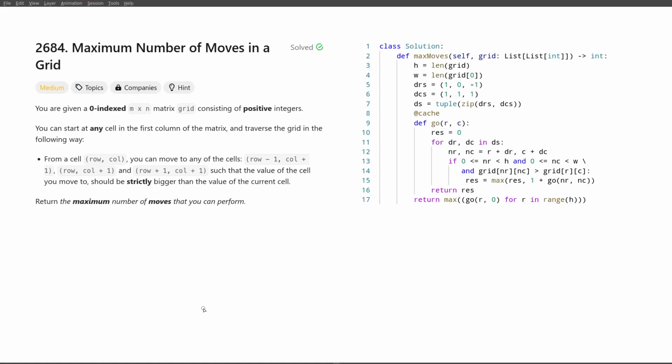Hello everyone! Today we'll talk about the solution to the problem maximum number of moves in a grid. When we read the statement and parse the available moves, we'll notice that we can only move to the right. And we can either decide in our solution that we are going to use that fact, and in that case it's very typical when you can only move in a single direction, left to right or top to bottom